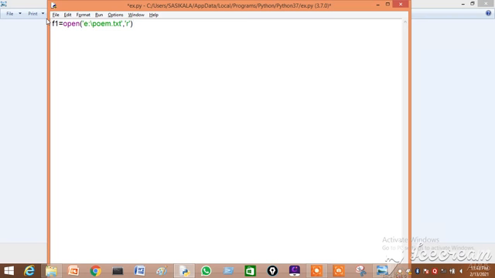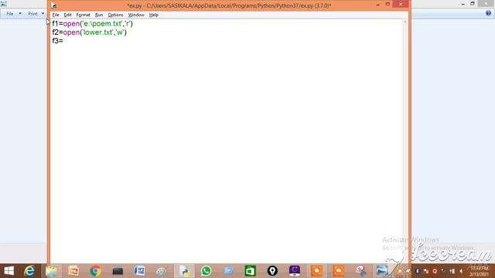Next I have to create 3 files, because one is for upper, second is for lower, and the third is for other characters. So let us open the other files. Open, let us have the name as lower, lower dot text. Which mode? Write mode.